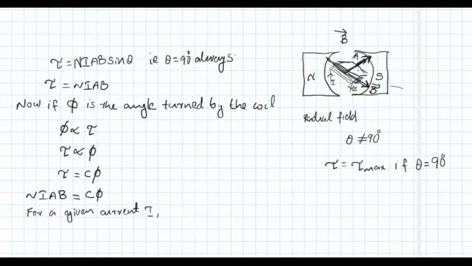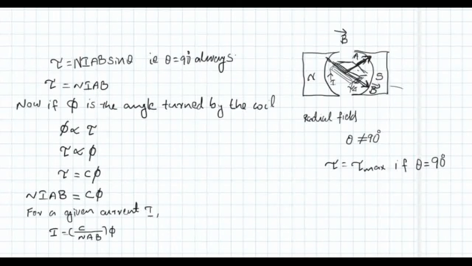Then for a given current I, number of turns N, A is the area of the coil, B is the strength of the external magnetic field. All these will be a constant, because while doing the experiment the number of turns of the coil will never change, area of the coil will never change, and the strength of the external field will never change. So for a given current I, we can see that I is equal to C phi divided by NAB, or C by NAB into phi,